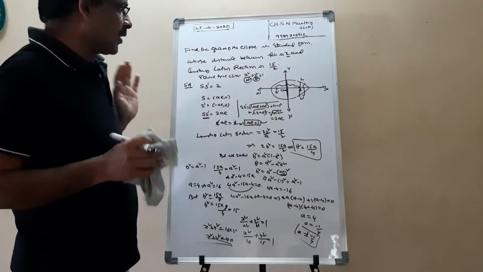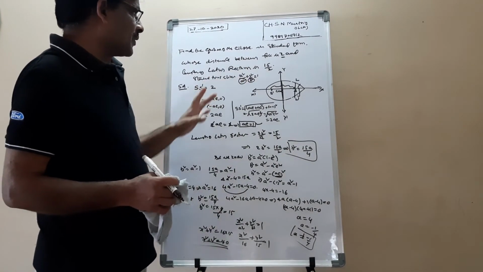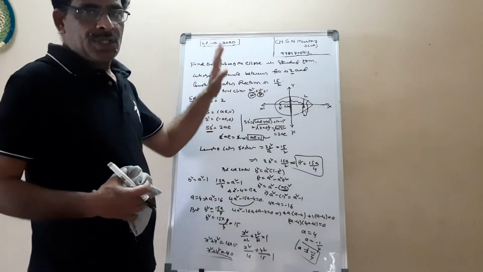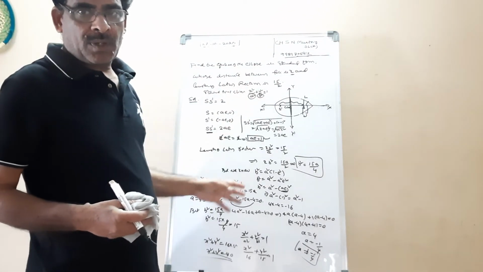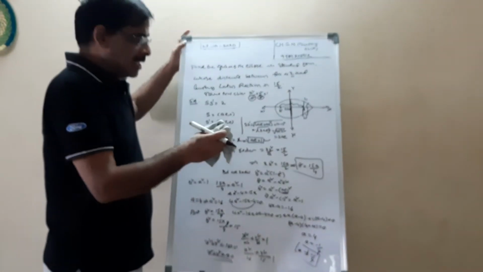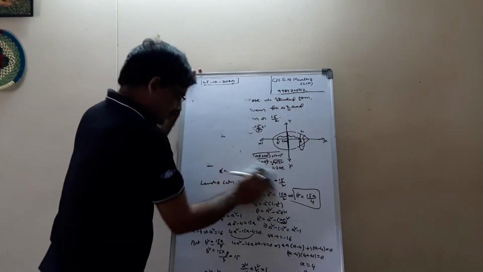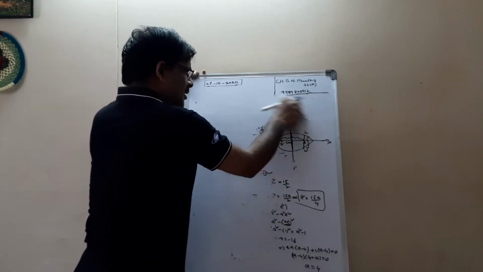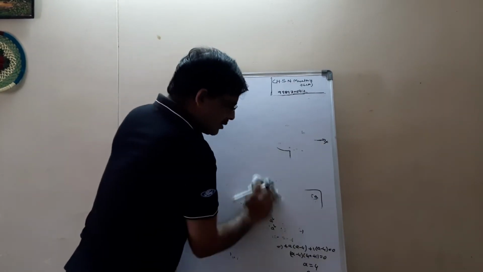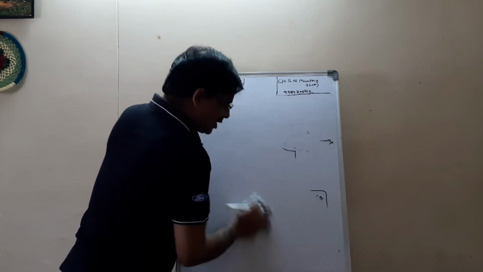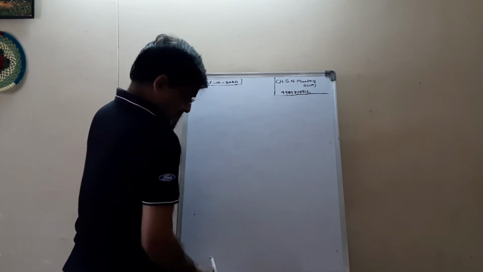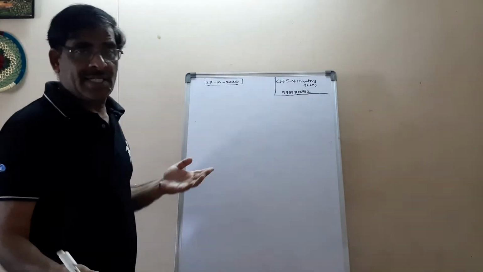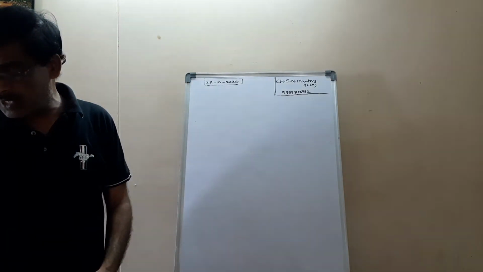See, this is very important. What is given? First the distance between the foci is given to you, and the length of the latus rectum is given to you. Using this information, we solve this problem. This is the important problem. See, one more problem we will discuss. Of course, in the ellipse chapter, each and every problem is easy, but we have to remember the basic concepts. Whenever you have touch with or have an idea on the basic concepts, you can solve each and every problem in this chapter. They are very, very important.